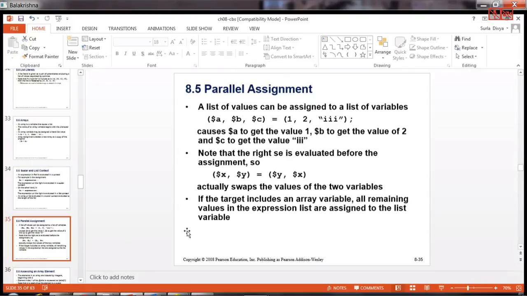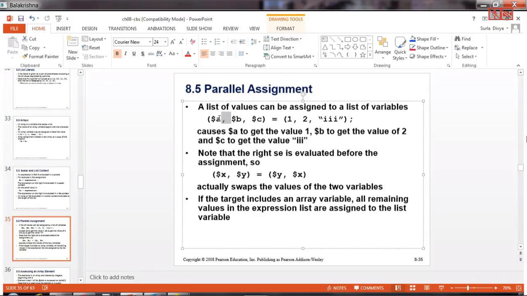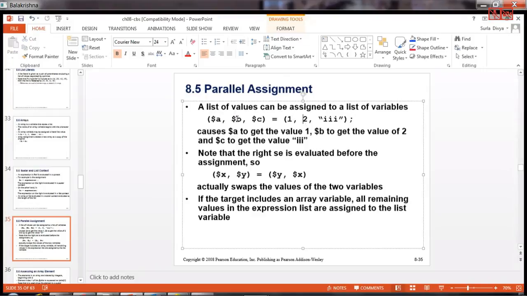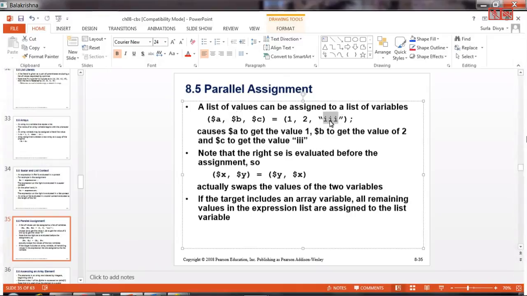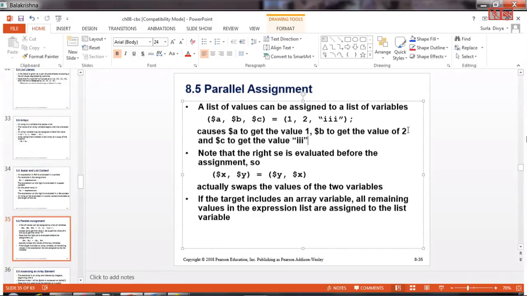Now parallel assignments. Parallel assignments are possible in Perl. Let's say you want to have $x is equal to 10, $y is equal to 20, $z is equal to 30. Instead of writing them in multiple lines, you can group them together so that it takes them in sequence like this. The first one will be assigned to the first scalar variable, the second number to the second scalar variable, similarly the third one to the third scalar, and so on. So you can have multiple values in a single line like this instead of having multiple lines step by step.